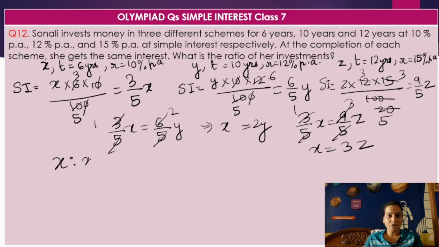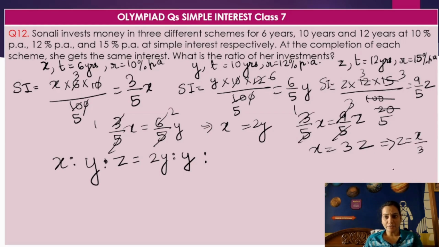So what will be the ratio for investment? That is actually x is to y is to z. So we will do that. x value will be 2y, y value is actually y itself, and x is equal to 3z. So here I can put, instead of z, I can write z equal to x by 3, which is actually how much? 2y by 3, right? If x is equal to 3z, which means z equal to x by 3, and x